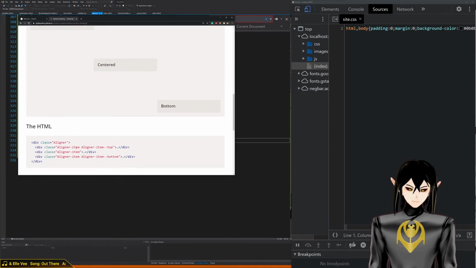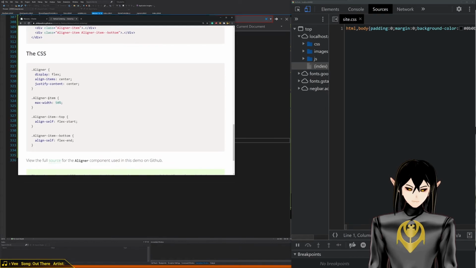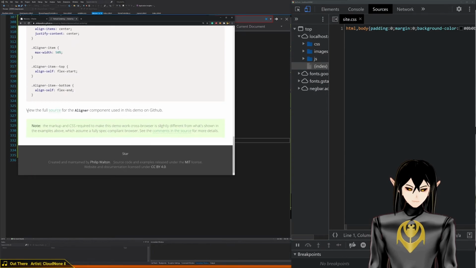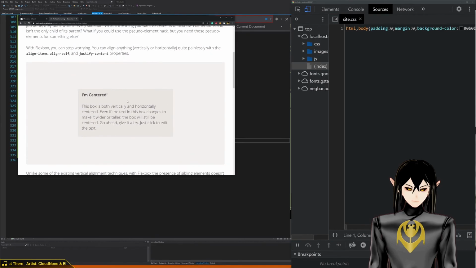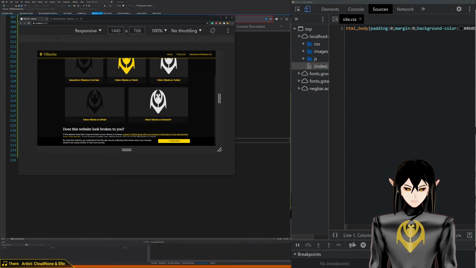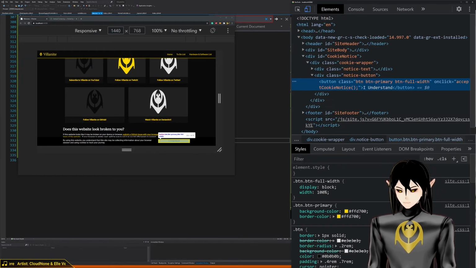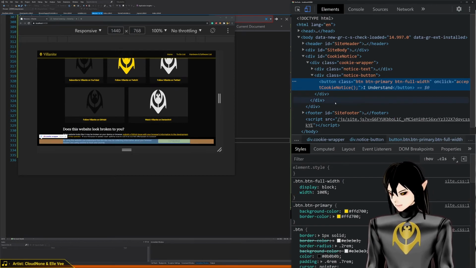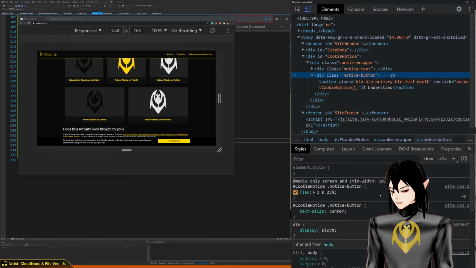So top, centered, and bottom. Mix with flex start, flex end. Justify content, align items. What? That is not, I don't think that's what I'm seeing here. All right, so this is the item. Oh, but it,